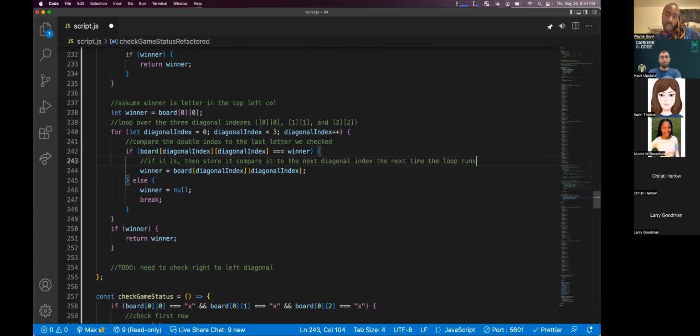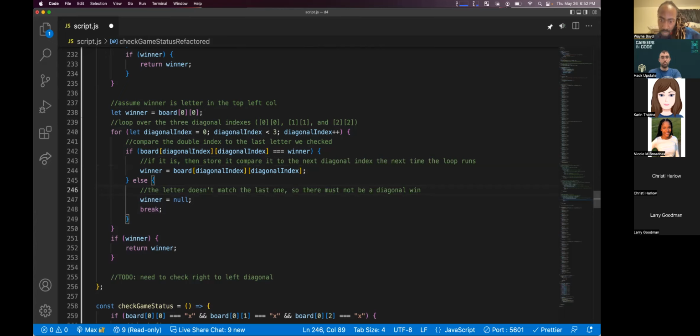Else it will come back as no. And then the code will break if the winner is, but if not, then it's gonna run winner again from the top.